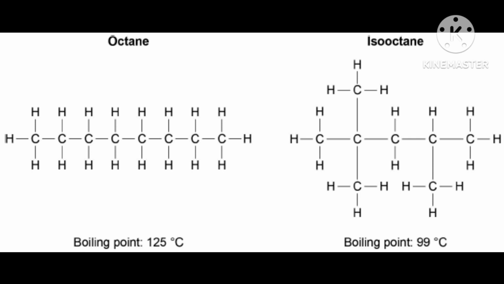Let me tell you an example, 2,3 dimethyl pentane. What I told about the isooctane was 2,2,4 trimethyl pentane. But now another example: 2,3 dimethyl means carbon number 2 and carbon number 3, methyl means a CH3 group is attached. That is called 2,3 dimethyl